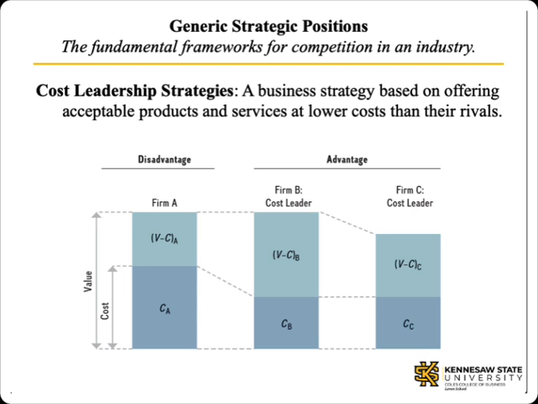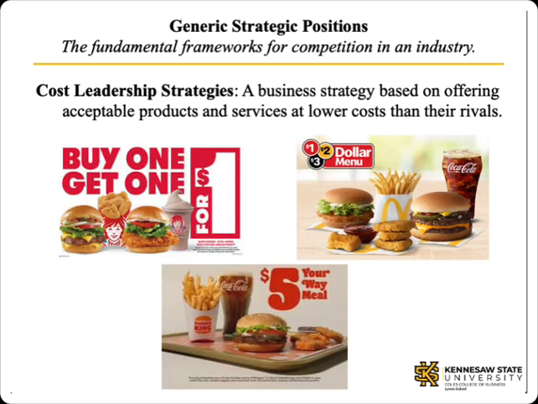even at tight margins. The spread between the cost structure and the prices that the products and services support equals the firm's profitability. In this graphic from the text, Firm B is the clear winner. Its cost structure is superior to Firm A, and customers value its products more than Firm C. To be good at this strategy, the pressure to lower costs, in most cases, can be extreme.